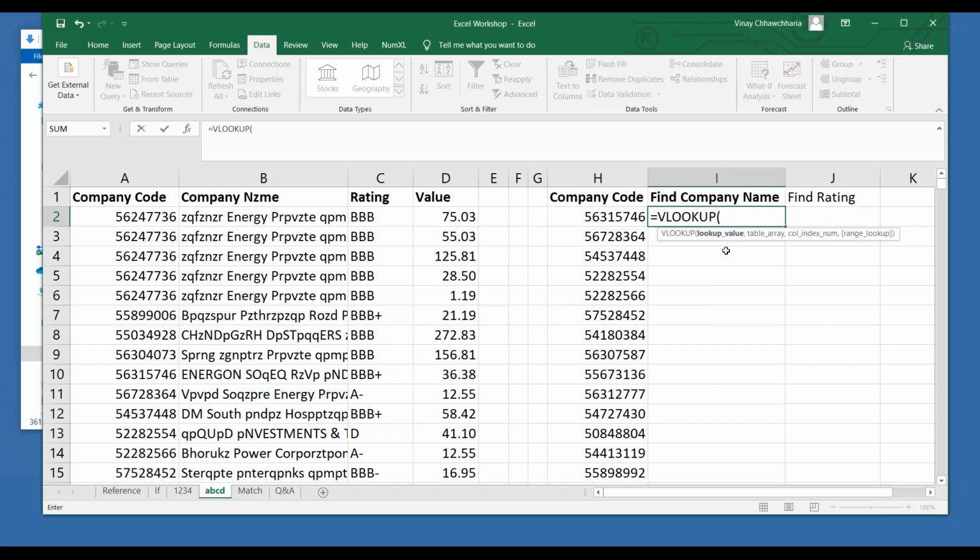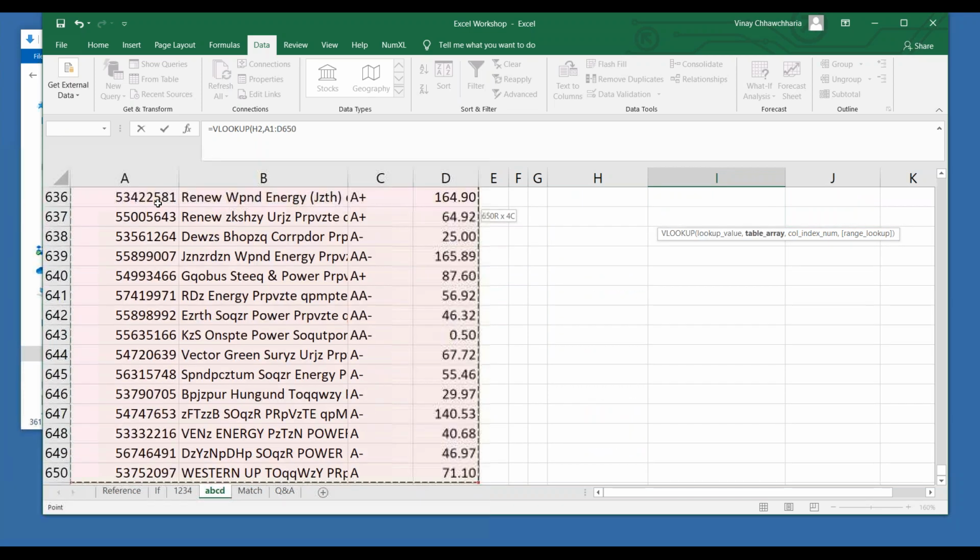I am going to type the VLOOKUP formula, equal to VLOOKUP. As you can see, in COUNTIF and SUMIF, there were different criteria, conditions. So here basically there are 4. What is the first one? First is the lookup value. What is the lookup value? What is that thing that you want to look up? So I have to look up this. Fine. Now where do I have to look up? Right, I have to look up in this whole table.